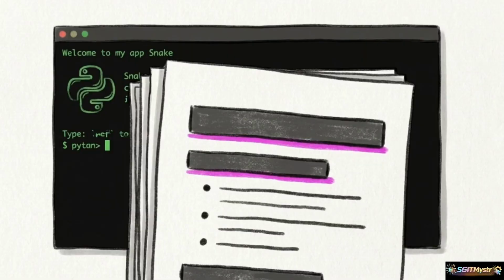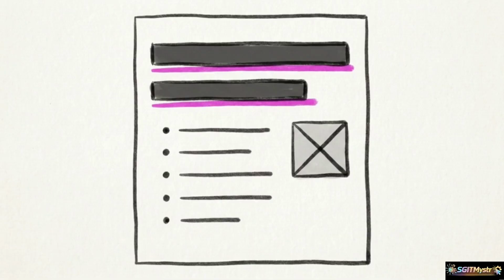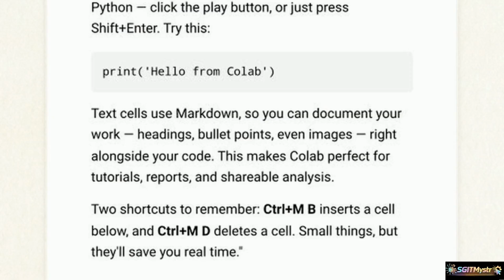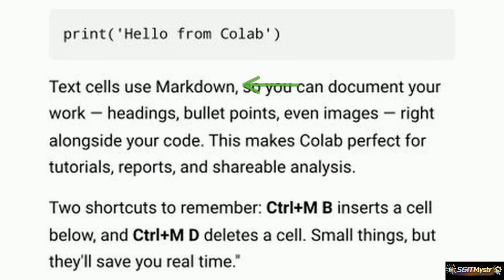Colab code isn't limited to pure Python. You can also add text cells, which use Markdown to format headings, bulleted lists, and images. By blending text cells right alongside your Python output, you create a readable, professional report that is easy to share. You apply this structure by using standard Markdown syntax in the text block, and the preview pane shows your formatted